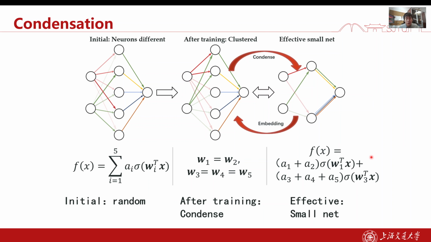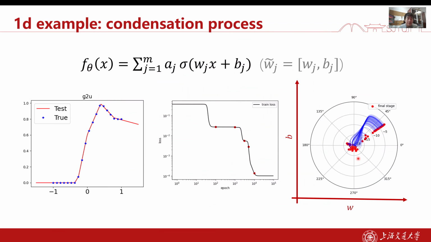And we will study the training process of this condensation. We use an example of a 2-layer neural network to fit one-dimensional data, and those blue data points are the training data points. The input goes through a linear transformation, then an activation function, and then another weighted summation. And this is the loss function